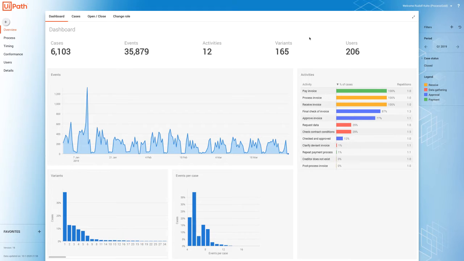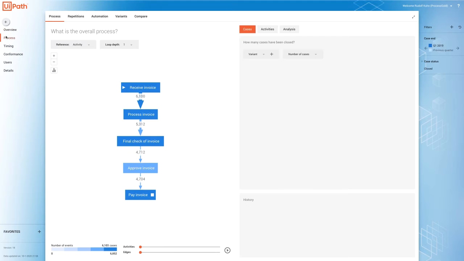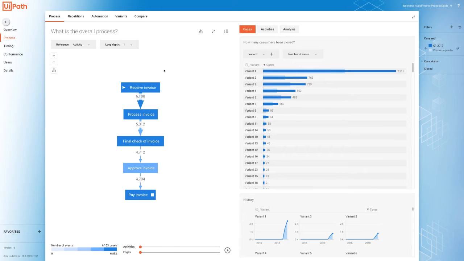In this example, our customer was executing the process invoice approval. We have different variations and different activities. We have activities like pay invoice, receive invoice, and approve invoice. And in order to understand how the process really looks like, we just click on this menu item process, and the system will automatically reconstruct the most common variation of the process, starting with receive invoice and ending with pay